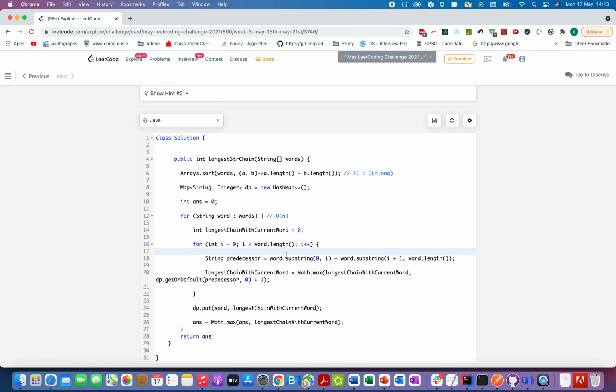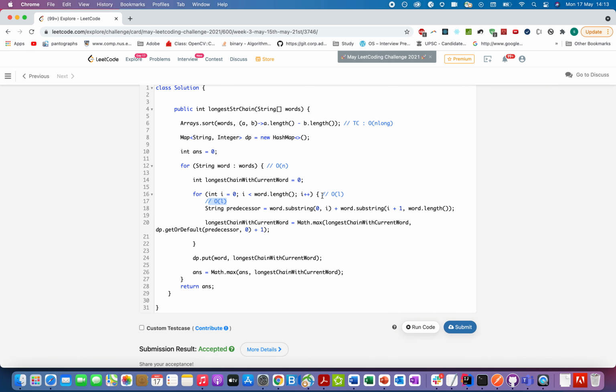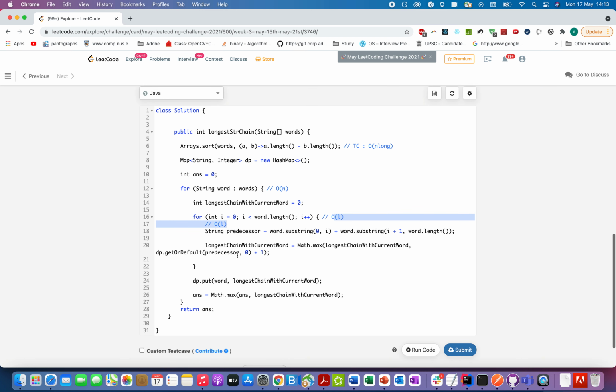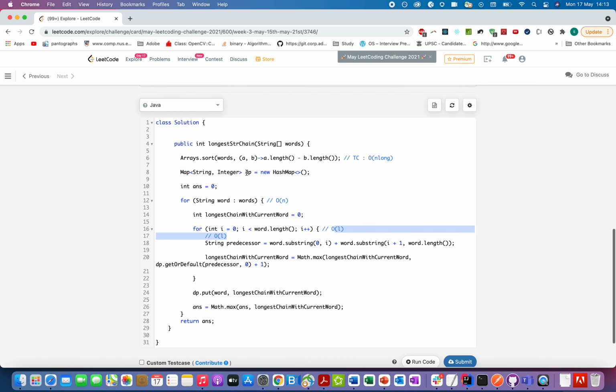So substring generation is order of L, and the length of this loop would be the length of the current word, so it's order of L. So the total time complexity would be order of n into L square, and the space complexity would be the number of words that are there in my input array.